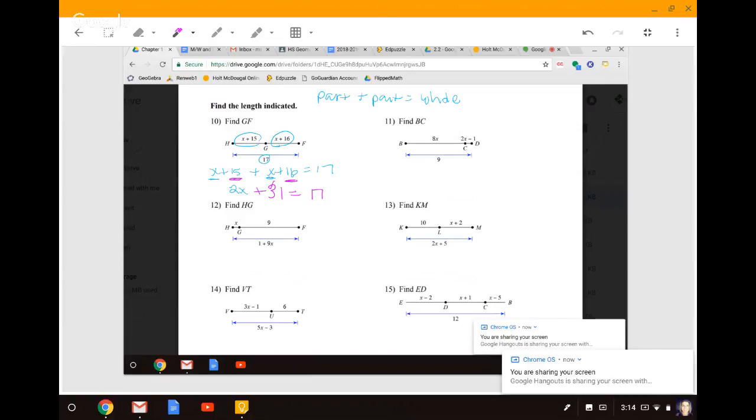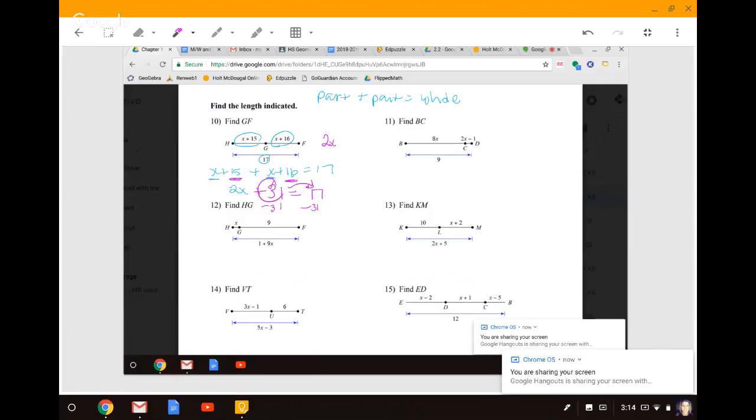So 2x plus 31 equals 17. You good with that so far? Yes. Okay. So now we're just going to solve this like a normal algebra problem, okay? We need to bring this 31 over here. So since we're adding 31, we'll subtract 31 from both sides, right? Right. So you're going to end up with